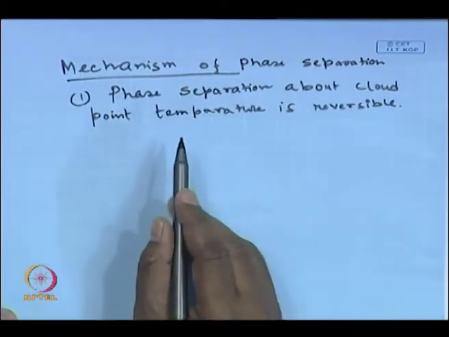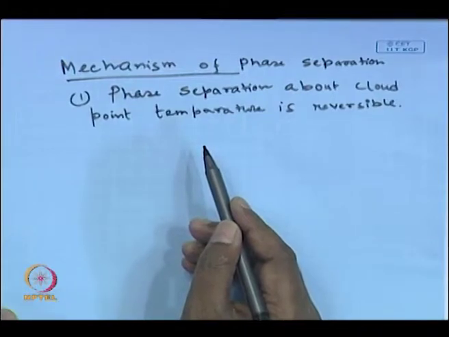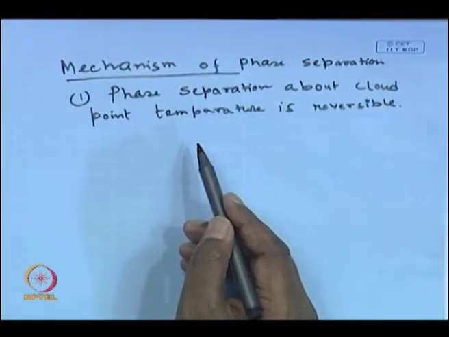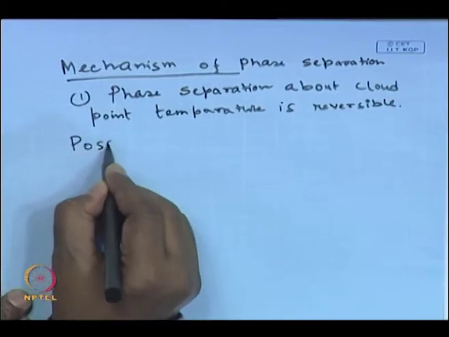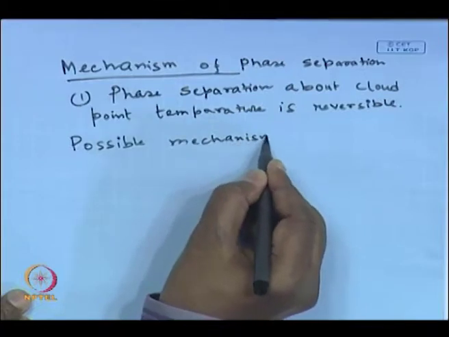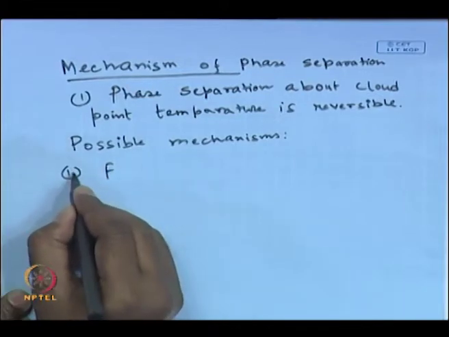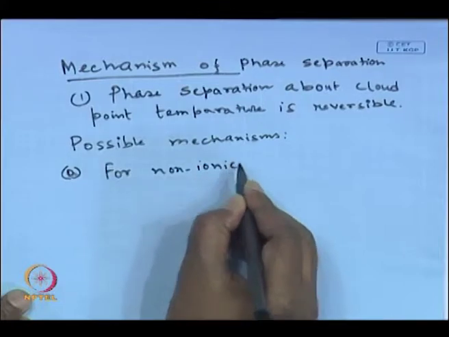That means, if you go beyond a particular temperature, the cloud point temperature, the phases will separate, the micellar rich phase and the aqueous phase. If you lower the temperature below the cloud point temperature, again the two phases will mix up and you will have the phase as earlier. So, it is a reversible phenomenon, and the possible mechanisms are: number 1, for non-ionic surfactants,